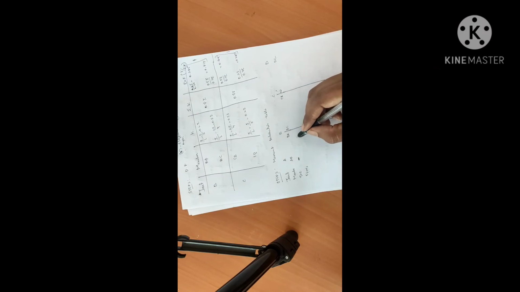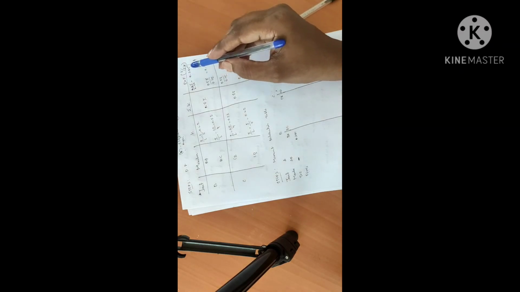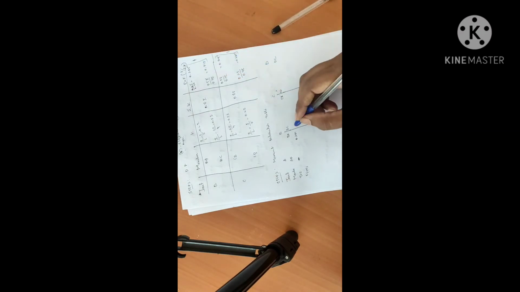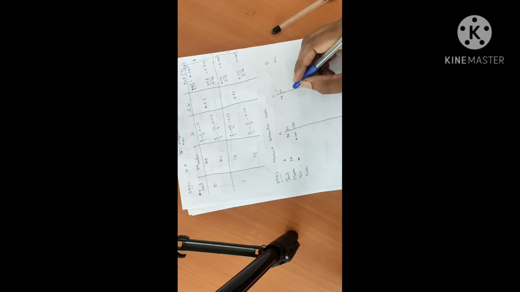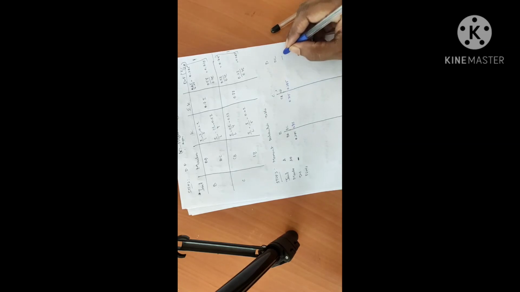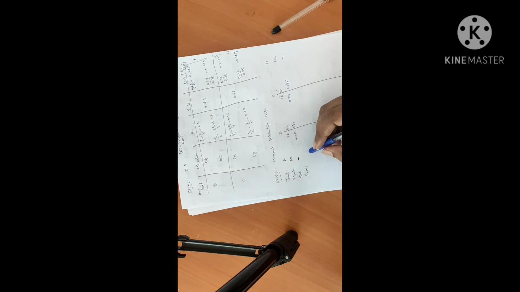For the BA member, it is 0.285. As you can see there, it is 0.285. And for the BC member, it is 0.715. Similarly here 0.715, and here it will be 0.285. For DC, there won't be any distribution factor. Now the FEMs, you will get them in step 1.